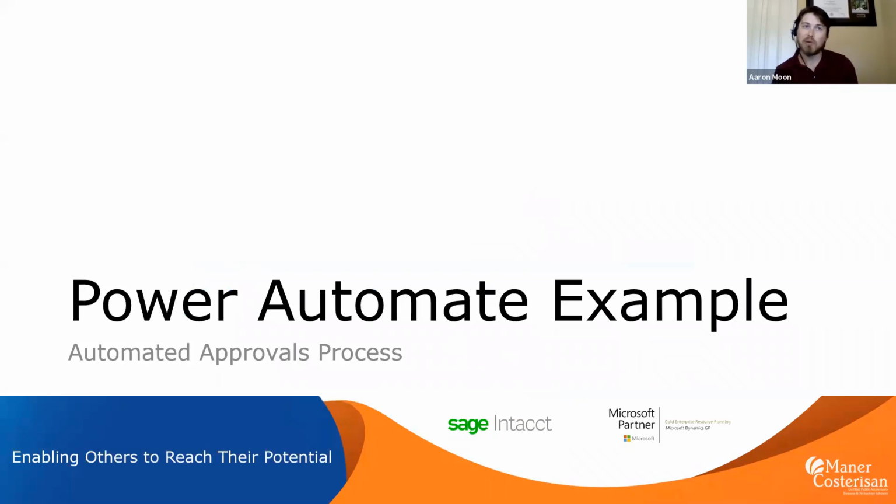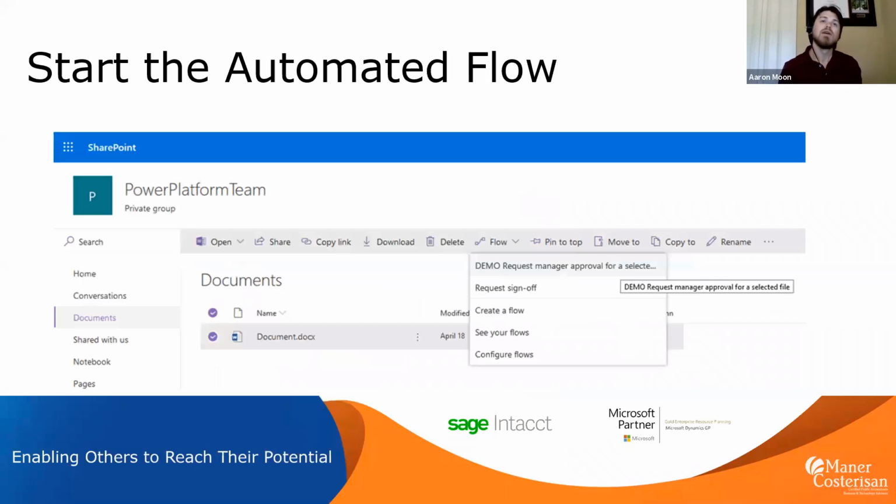I've got a quick example of just what Power Automate looks like, and in this scenario it's actually going to do an approval. So what we're going to do here is start an approvals process from a document that we've uploaded to a folder. So we've got a shared document library, and in this case, I'm using SharePoint. And I've placed this Word document out here in this document library. And I need my manager to take a look at it, and they need to approve this document,